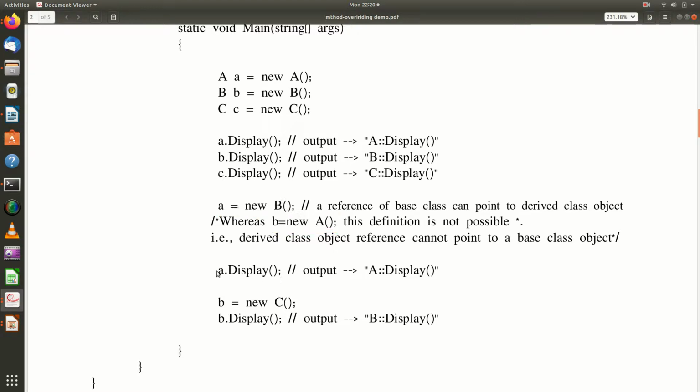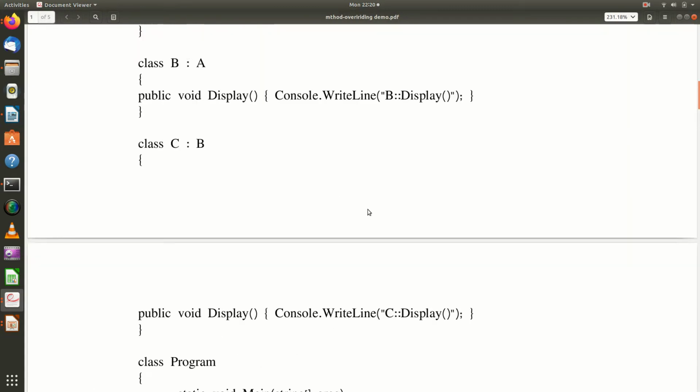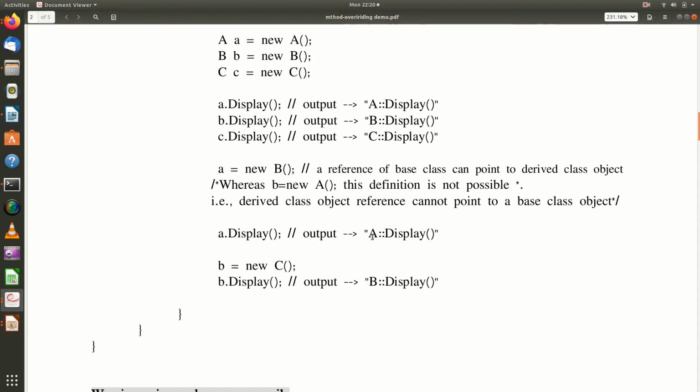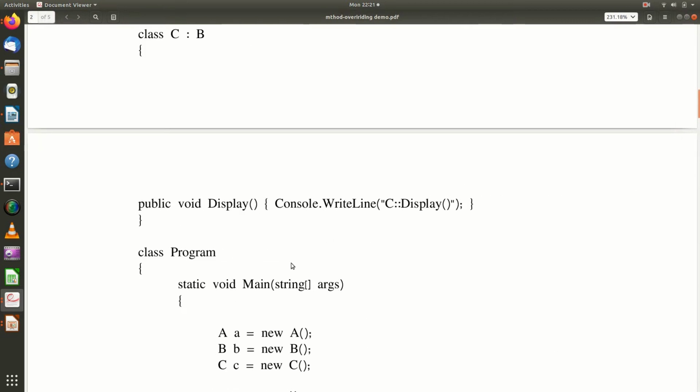Now here when I invoke A dot display, though the object is B, A will be invoking the display method that is available in class A. So your output will be A colon display. The same way I am creating an object of C, but the pointer reference is B reference. So when I invoke this method, it will be displaying B's display method and not C's display method, because